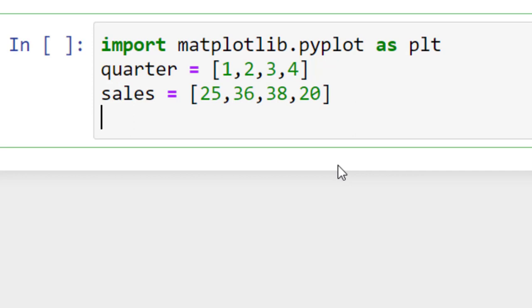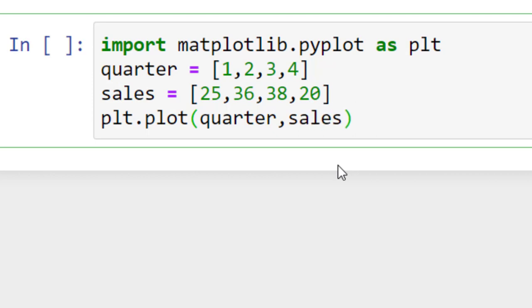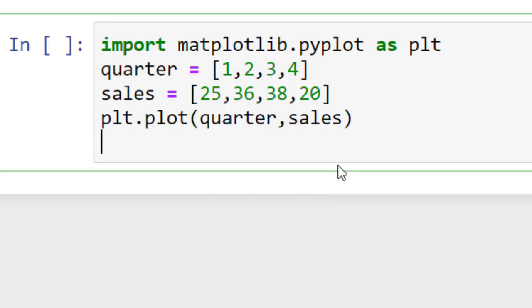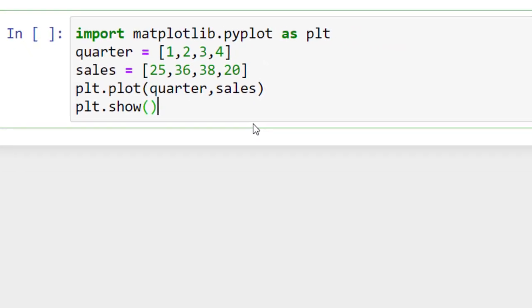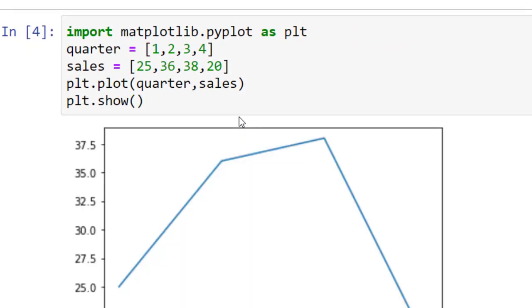Now for plotting, I need to write plt.plot and then quarter, which is for the x-axis, and then sales, which is for the y-axis, and then I write plt.show. Now I run this code and this is the output.